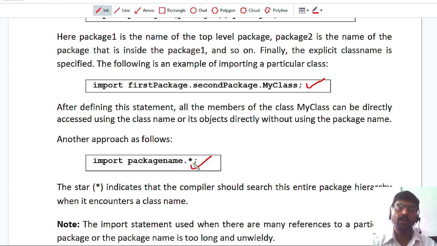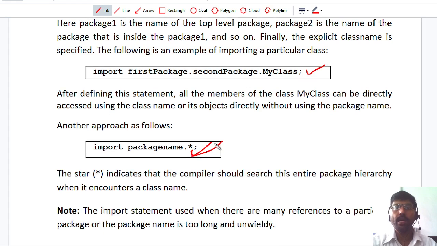Sometimes whenever you use the star, the compiler has an ambiguity, because you are calling a class from multiple packages and some classes are duplicated, meaning two packages contain the same class name.